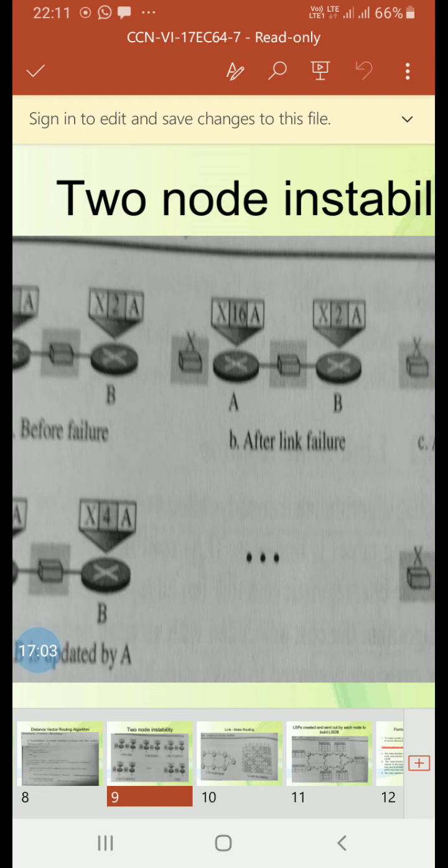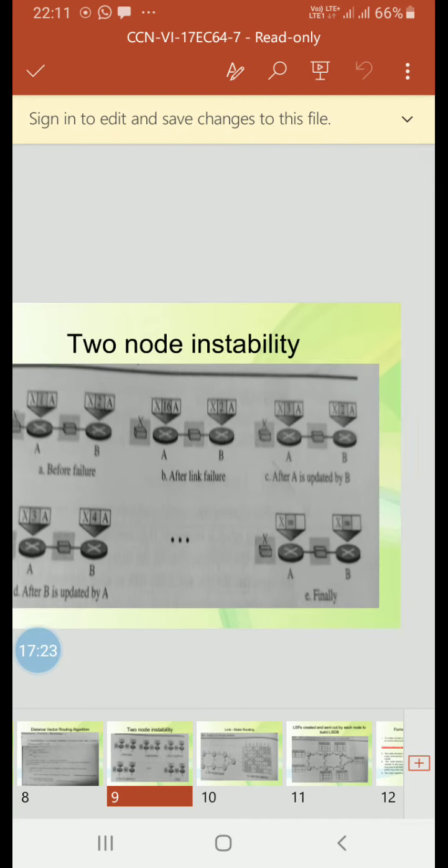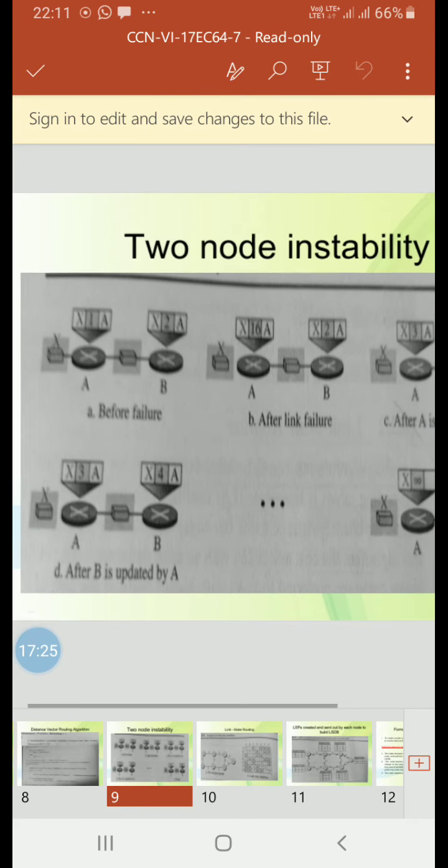Now we'll see the two node loop. One example of count to infinity is the two node loop problem. To understand this problem, we'll take a system. This figure shows a system with three nodes.